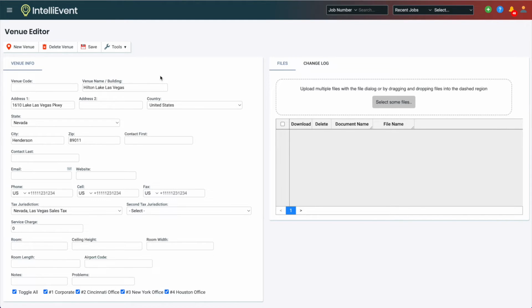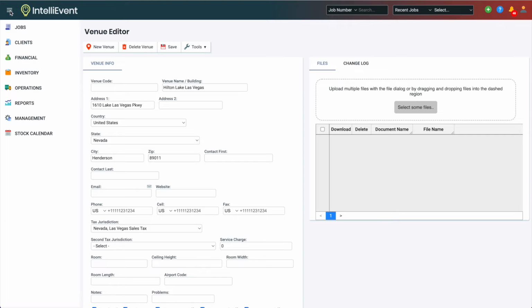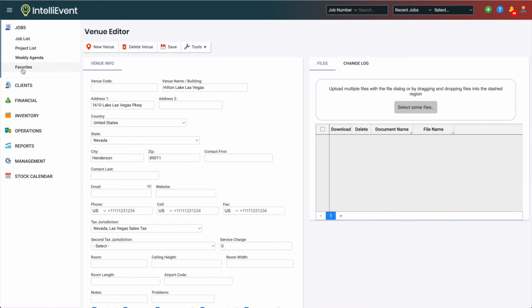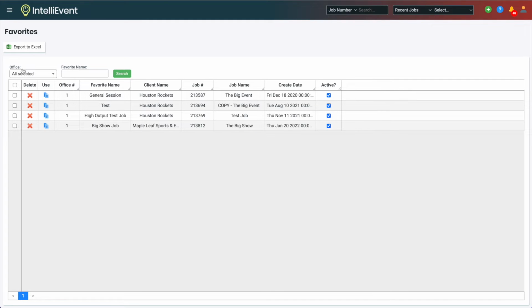Now, the jobs are really what drive the system. And as you've heard me say, you can search for jobs a few different places: job list, clients, venues. I can also come in and see favorites. So I can create a list of favorite jobs, and then I can duplicate those orders. If you have a standard job you do pretty regularly, you can use that as your favorite, which is kind of like a template to start the job process. Then you come in, you change your client, maybe change the venue, change whatever you need to change,